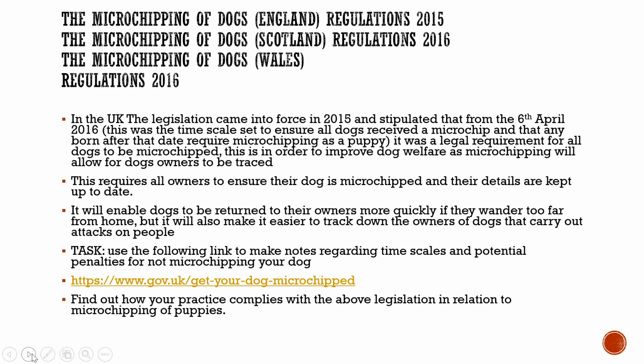However, you may be familiar in practice with situations where people have not updated their details, such as telephone number, home address, email address. Ultimately, there's two parts to the whole aspect of adhering to legislation. The owner must make sure that they have their dog microchipped, but they must also make sure that their details are kept up to date. The purpose of which being that we can return those animals quicker to their owners, track the owners down and get them back home. But also, if we do have situations where people have been attacked by a dog, that we can trace those